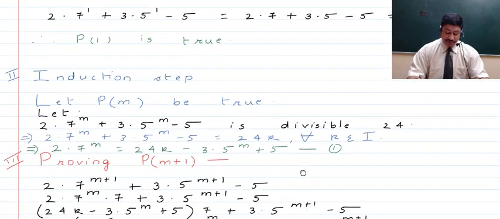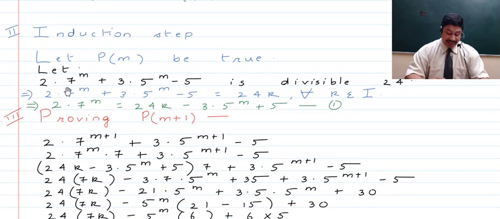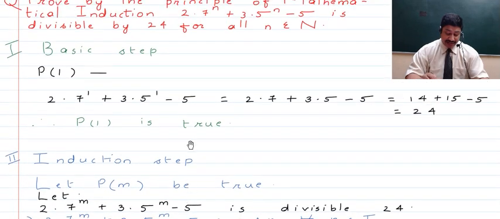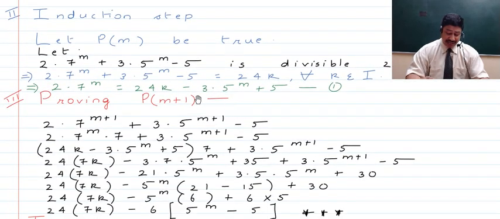Now next we come to the induction step, where we have to consider that, using the magic wand, we are going to say that let Pm be true, and it will stand to be true. And then what we do is, wherever we have n in the statement Pn, in place of it we keep m, right? And on keeping m, we write that to be equal to some 24k, as it has been considered to be true,